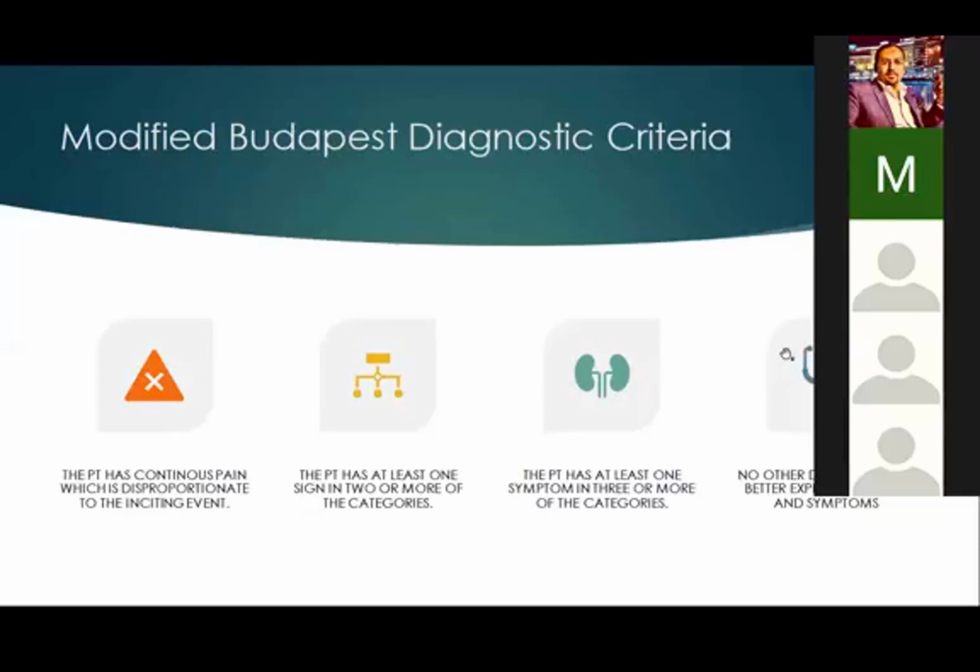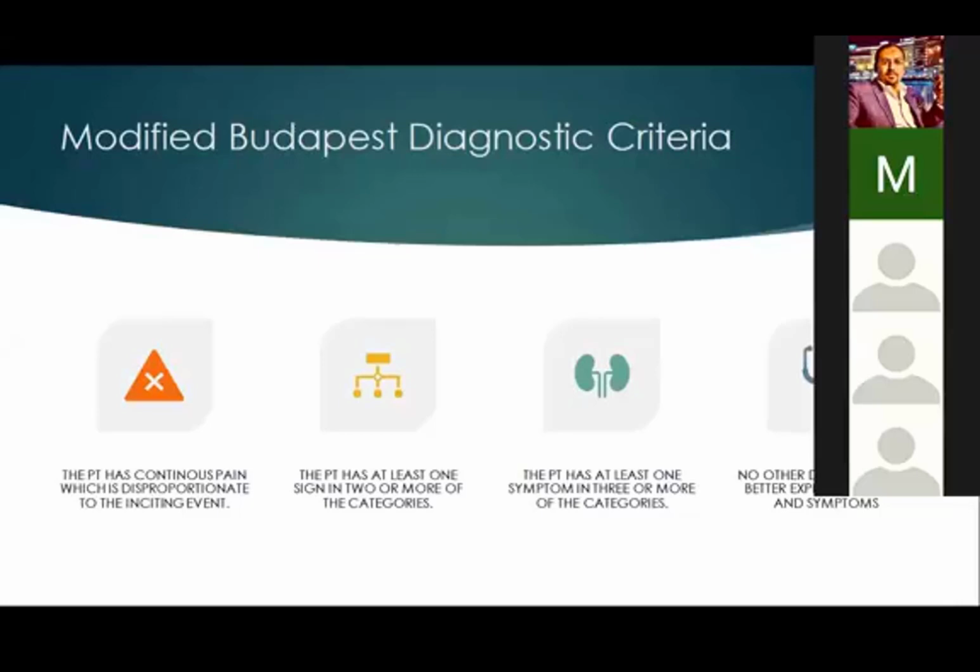Now I'm going to speak about the diagnostic criteria of CRPS. In fact, I spoke about it being overly diagnosed sometimes and underly diagnosed sometimes. Mostly it is overly diagnosed. And why? Because there was no specific criteria for CRPS. It was mostly subjective, depending on the patient description rather than the presentation of signs and symptoms that we can rely on. So the modified Budapest criteria came into effect, and it specifies that the patient has continuous